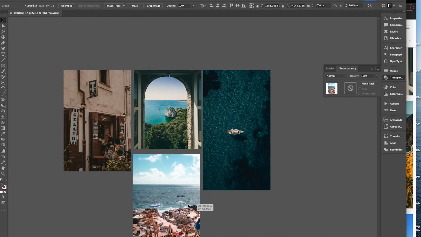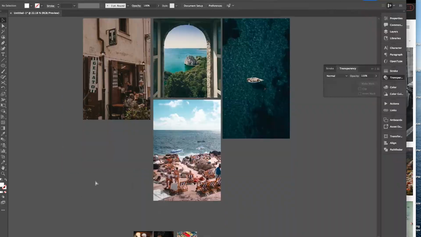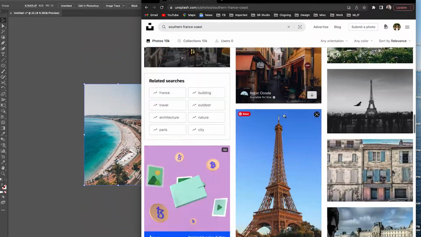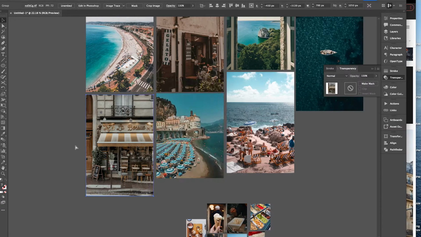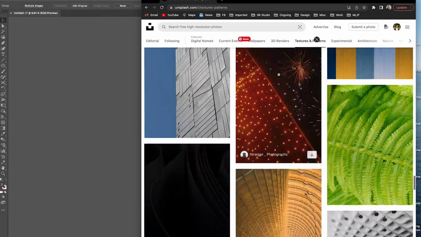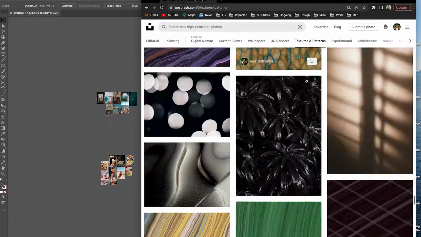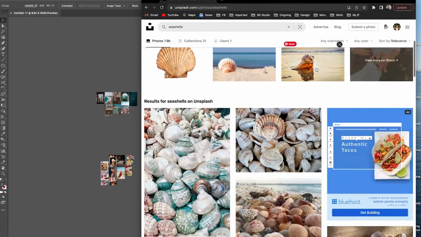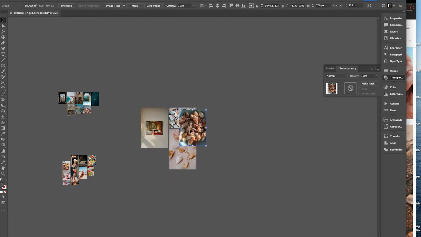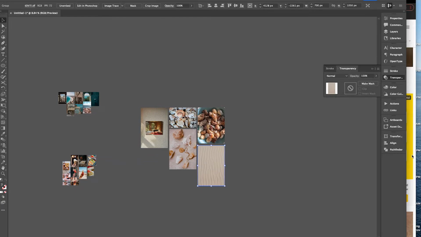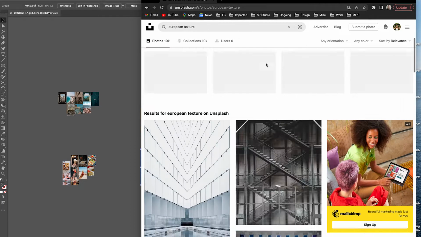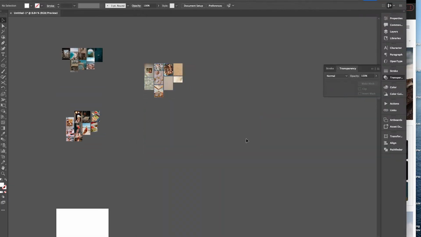Next, I'm just looking for more of those coastal line photos. So again, inspired by the Italian coastline and inspired by the southern part of France and just overall the European experience. So I want to get a good handle of examples on that. Next, I just like to go into the textures and patterns element on Unsplash because this can be great to find different reference photos. Within there, that gave me the idea that I should really search for seashells because that would be a great use of texture. I liked the idea of also introducing a sand component because that color would be beautiful and really perfect for the type of brand we would be creating.